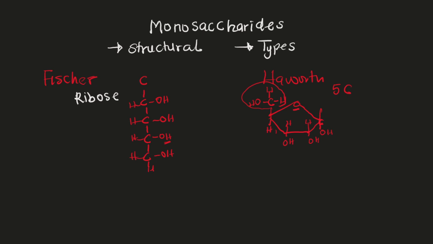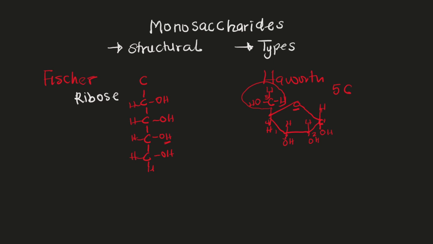Because the hydroxy group on this carbon number 1, this is 2, this is 3, this is 4, and this is 5. Right? So now in that case, we're going to have hydrogen here. So this carbon number 1 is the anomeric carbon. It has actually reacted with this guy here, with the carbon number